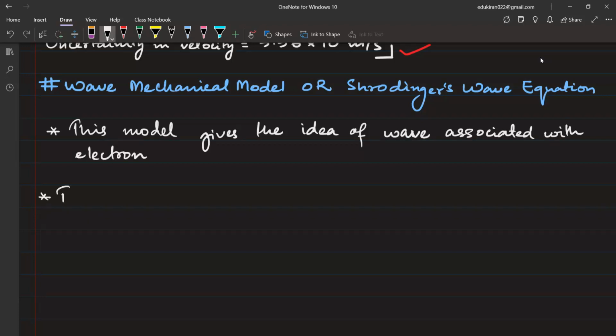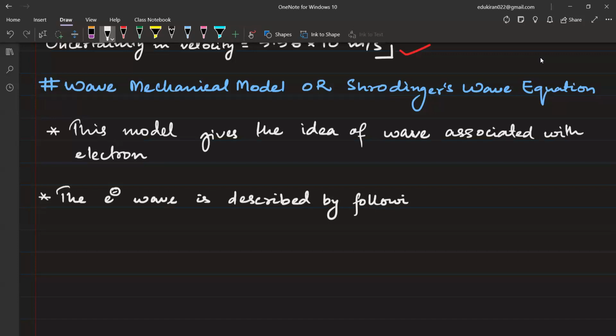The electron wave is described by the following equation: